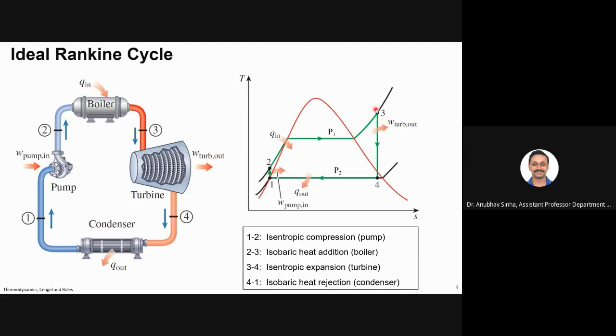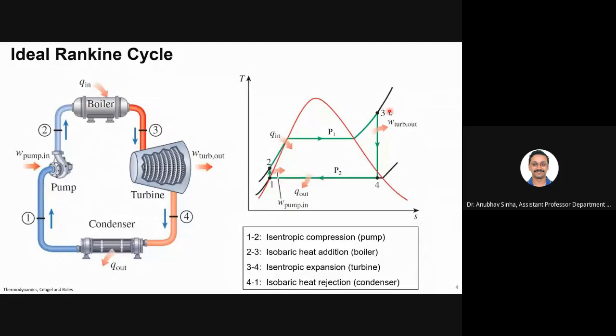I would suggest you should go back to the last chapter and look at the TS plot. Okay, so when you draw a constant pressure line in a TS plot, this is how it looks. It increases and then it becomes constant and then it increases again. So this is a typical characteristic for an isobar in a TS plot. So please revise the last chapter, then it should look clear to you. Anyway, so we reached point 3 here.